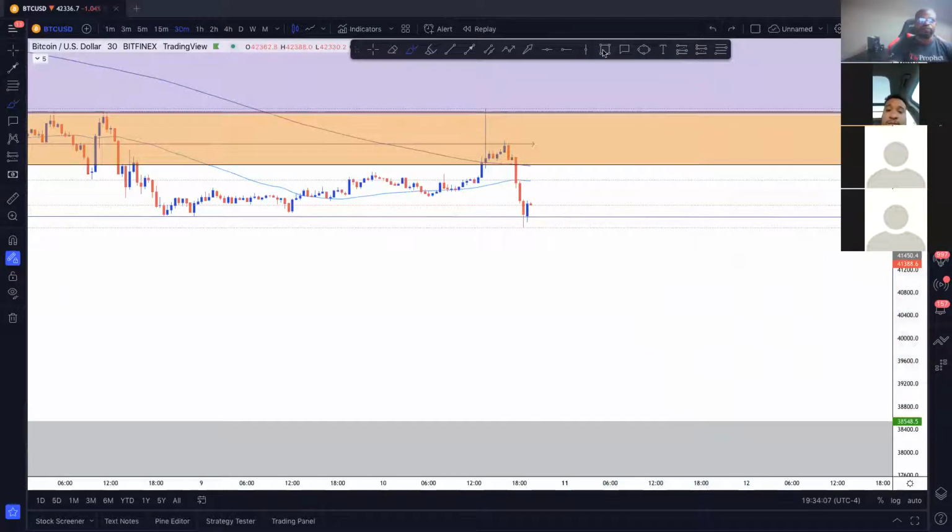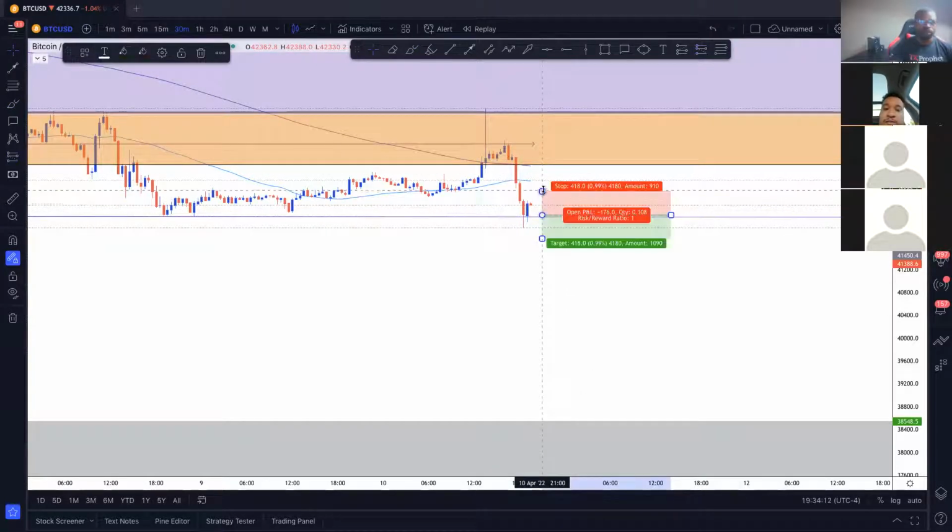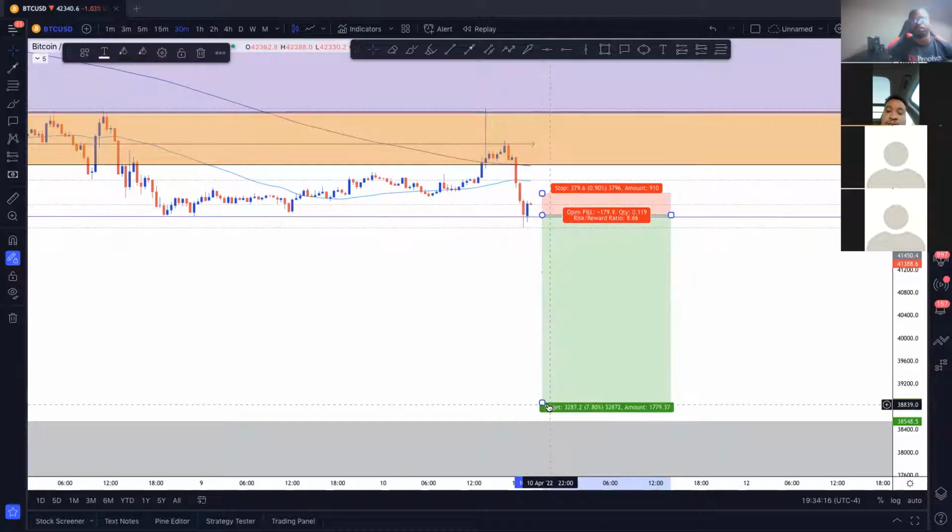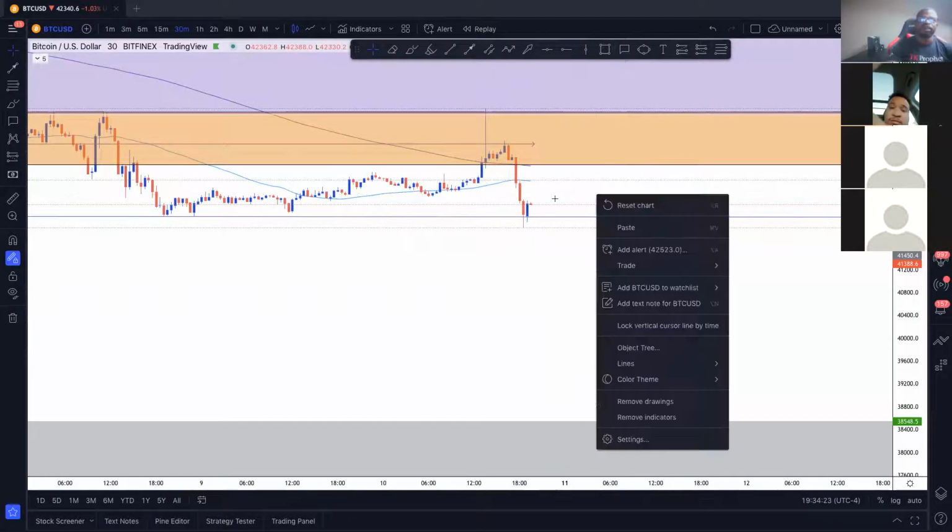You'll wait till this level is formed. Our entry would be the bottom of that zone. A stop loss will be above it, and we will ride it down to whatever our intended target area is. Okay. So what we'll do here is